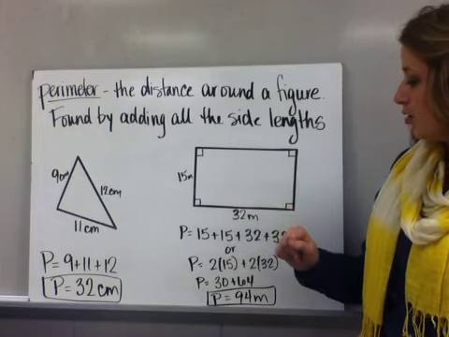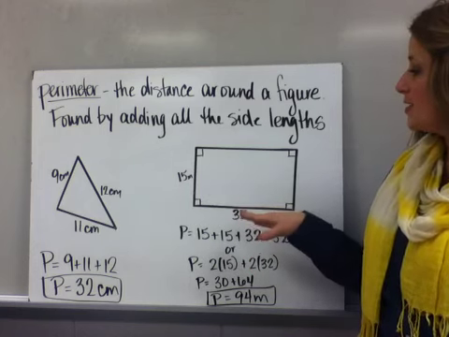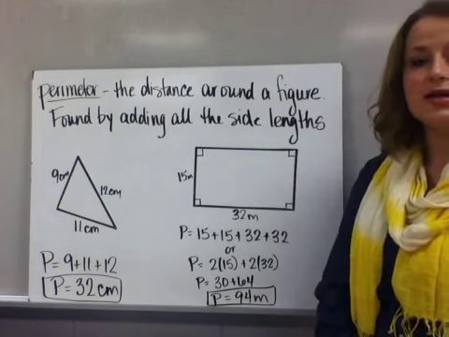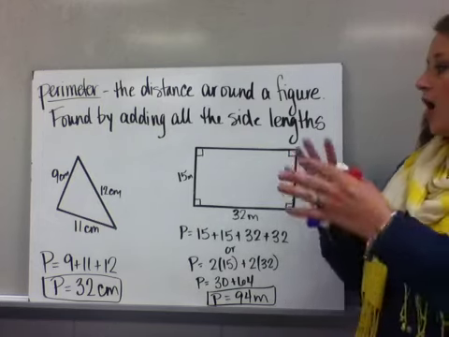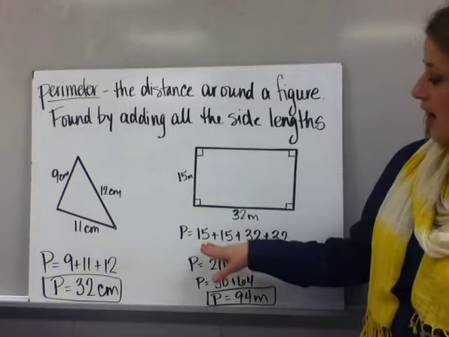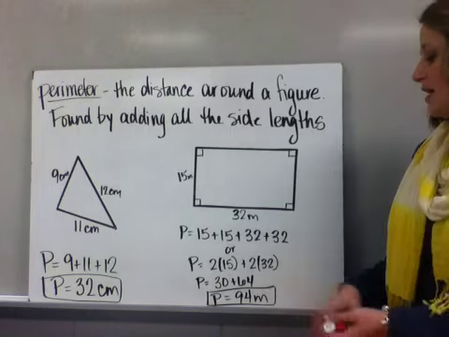For this rectangle, I have dimensions of 15 and 32, and even though it doesn't list, up top is 32 and over to the right is 15 because of opposite sides of rectangles being congruent. So you can either add 15 plus 15 plus 32 plus 32, or what I think is a little bit